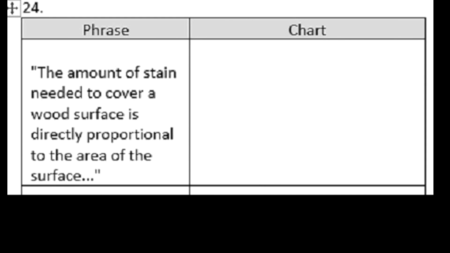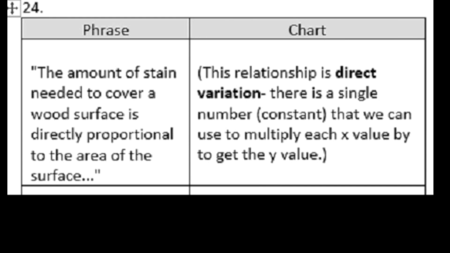This problem looks at the amount of stain needed to cover a wood surface. And it says here that it's directly proportional to the area of the surface. This is important. We're talking about pints to area, and that's going to come back in a minute. The relationship is direct variation. There is a single number that we can use to multiply each x value by so that we can get the y value. Now, if 3 pints are required to cover a square deck with a side of 7 feet,